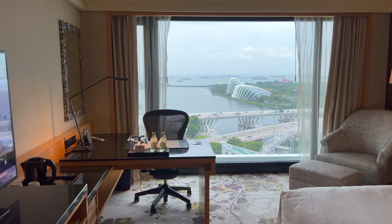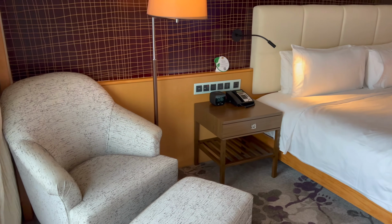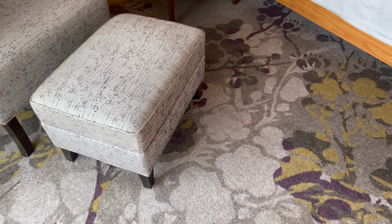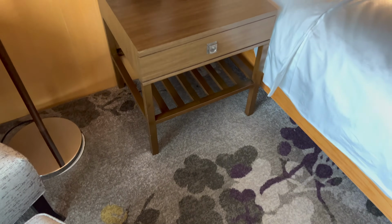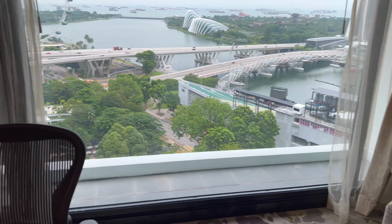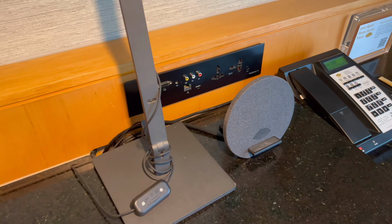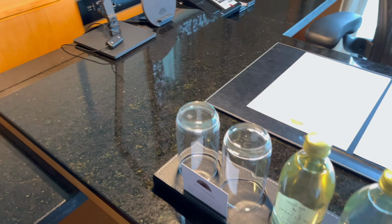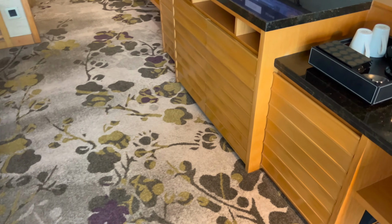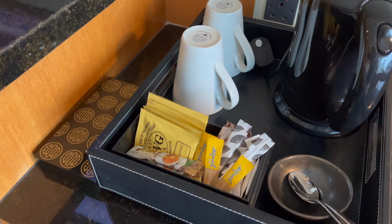In terms of the layout, the room was standard I suppose, but very comfortable. Inside, next to the king bed, we had an armchair and an ottoman, alongside a very well-sized L-shaped desk with a nice and up-to-date wireless charging pad. Also laid out were 2 artisan sodas, which were complimentary but unfortunately full of sugar. Moving along to the TV center and the minibar, we have some very nice TWG on offer and...